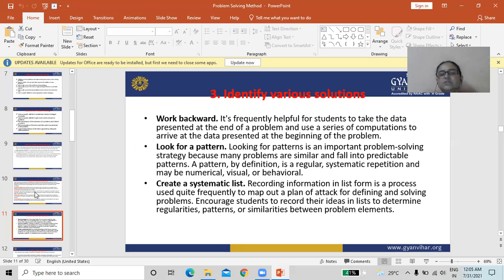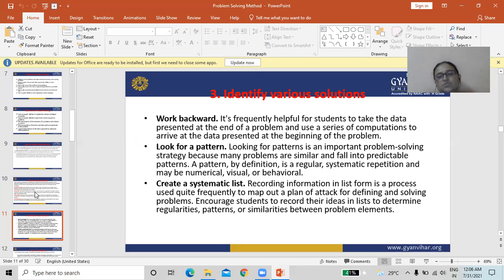Create a systematic list. Recording information in a list form is a process used quite frequently to map out a plan of attack for defining and solving problems.